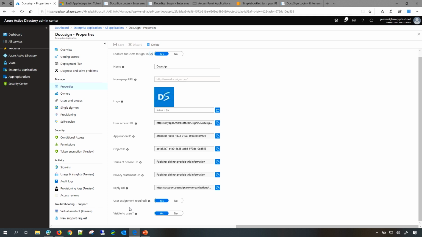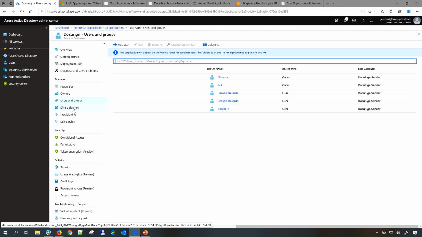We start with the concept of security where minimum access comes first, and that's why user assignment required is set to true. You can go to users and groups and add different users and groups by clicking on the add user button, and then assign that particular user and group to that application. That way only those users and group members can access the application.